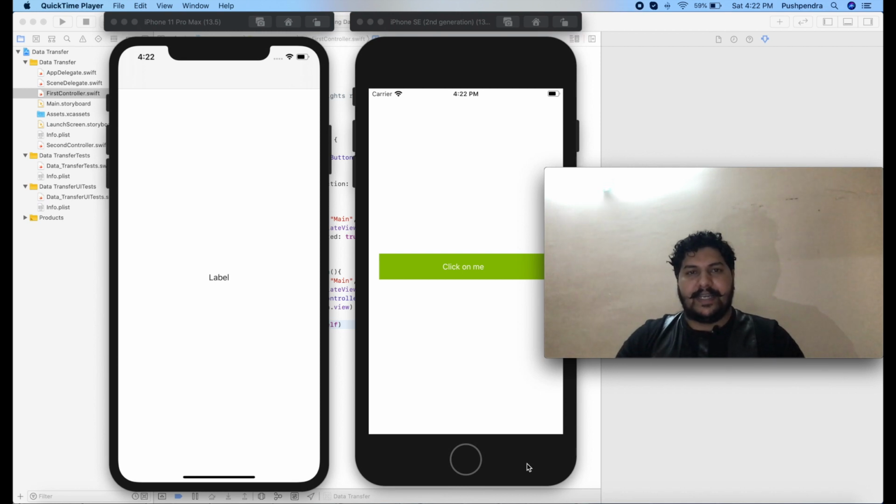In this tutorial I will tell you how you can change the navigation color programmatically from your Swift language. In the last video I told you how you can open one view controller from another view controller. In this video I am going to tell you how you can change the navigation color programmatically, and how you can assign the text, and how you can change the text color and text font also. So keep watching. Thank you.